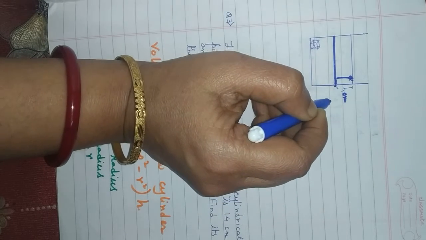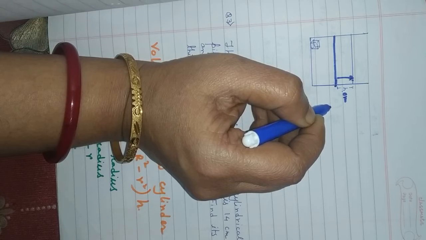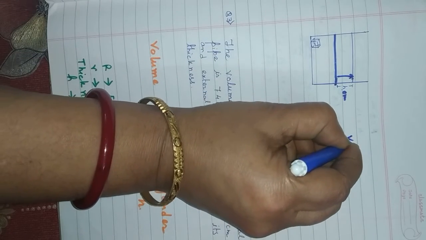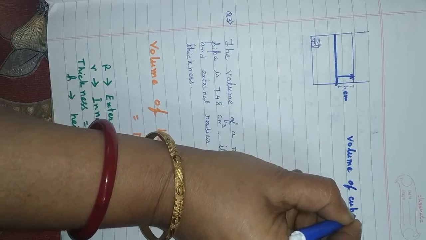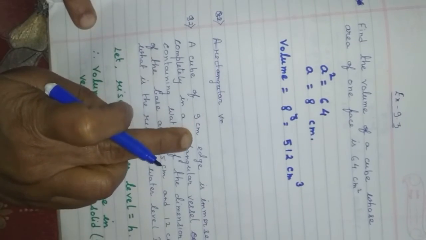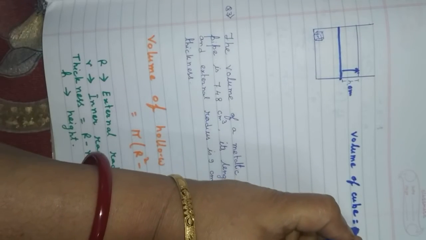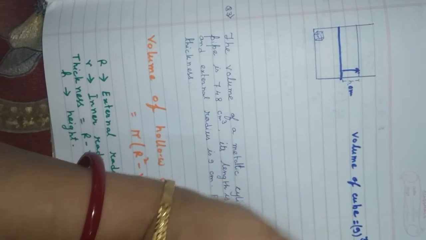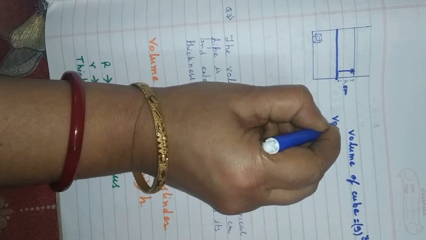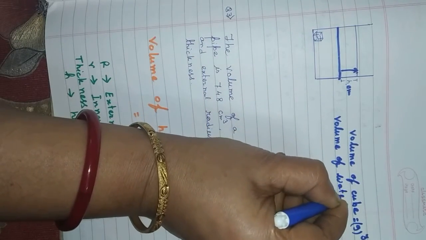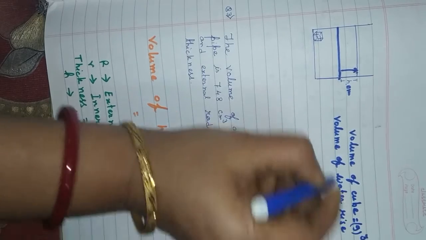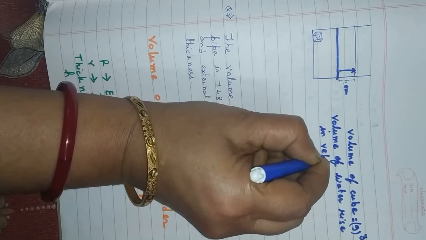Now I am telling you, volume of water rise is equal to volume of solid. Here volume of solid means volume of cube. Volume of cube is equal to 9 centimeter edge, so volume of cube is equal to 9 cube. And volume of rise in water, volume of water rise in vessel, that is equal to